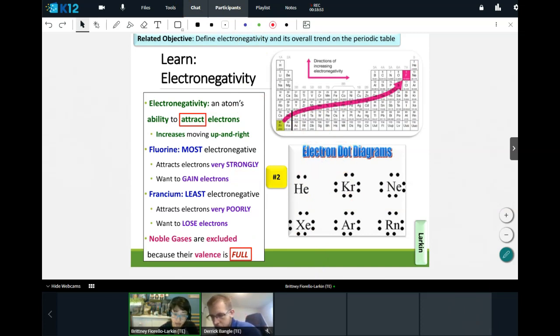The first blank is attract. The second blank is full. Capitalization does not matter, but spelling does. Make sure you spell these correctly. You have 30 seconds to fill in both blanks for number 2